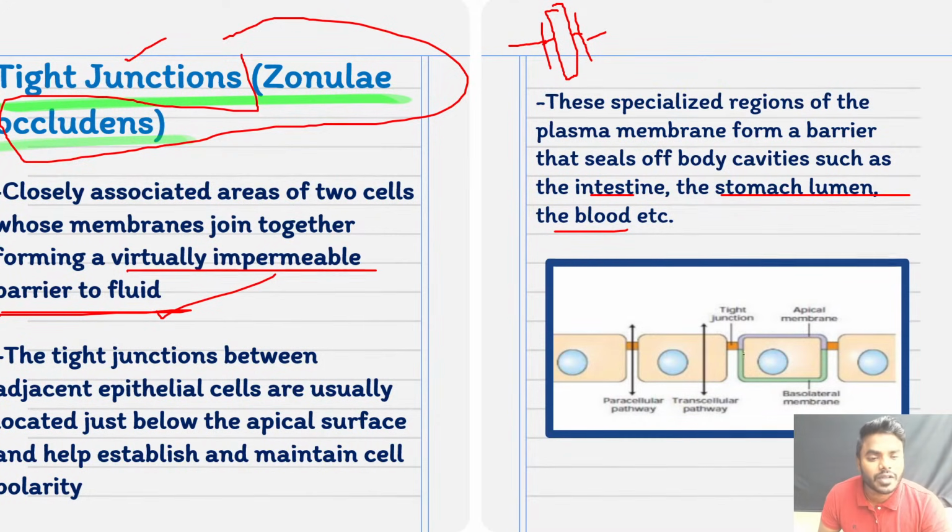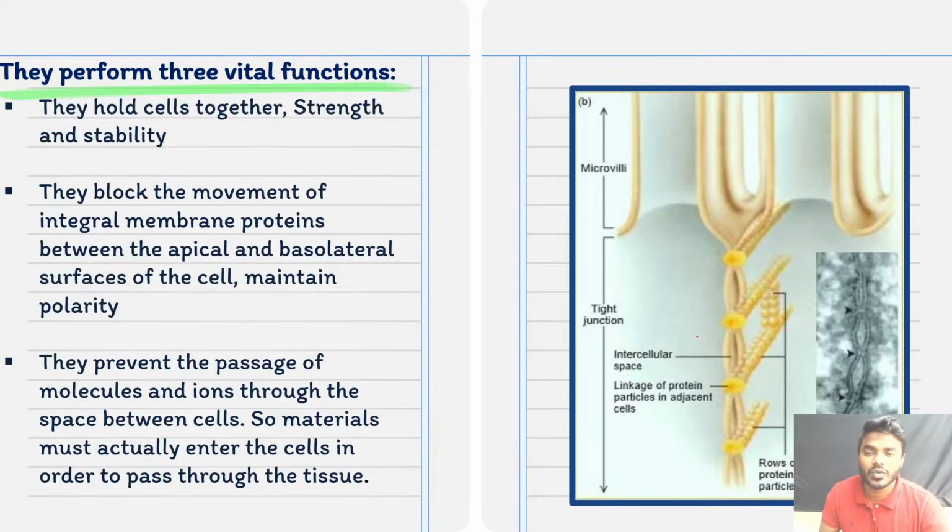You all look into this. Cell 1, cell 2, cell 3, cell 4. So cell 1 and cell 2 are tightly associated with each other with the help of a tight junction, which never ever allows movement of any molecule from one cell to another cell. Now, friends, all of you please kindly look into the diagram. This picture will help us to understand very nicely.